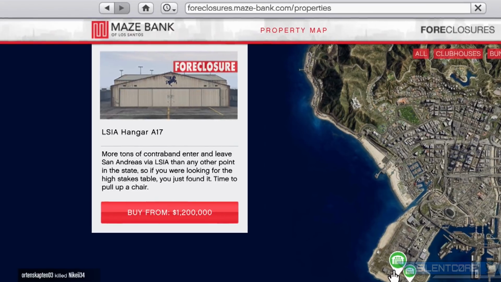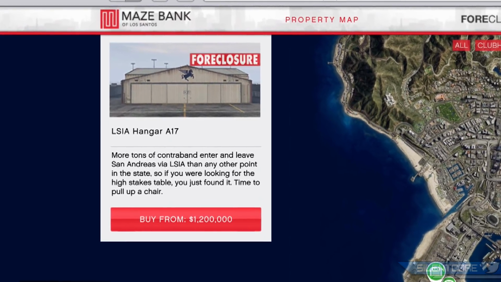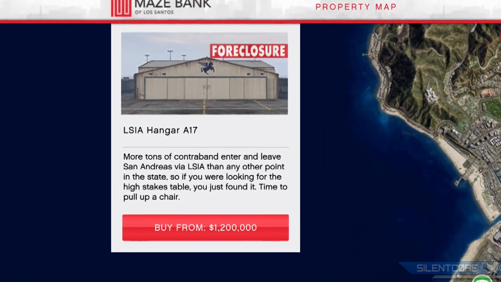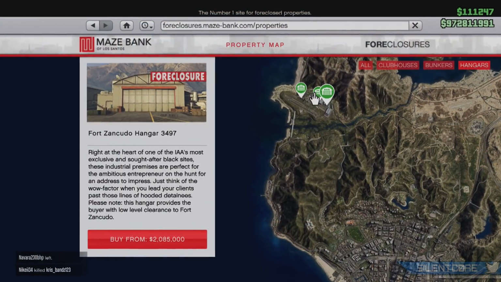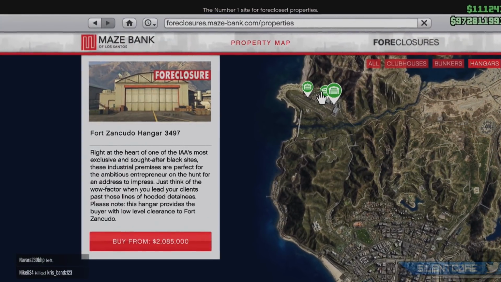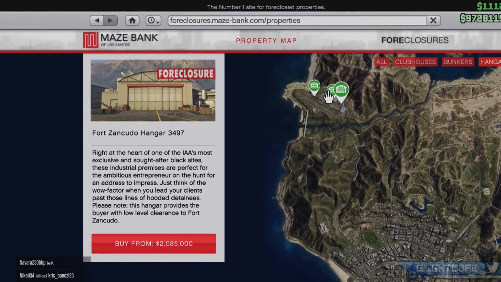Now, if you're watching this and you're completely broke and you just want to get the cheapest hangar option, then the LSIA Hangar A17 costs 1.2 million. That is the cheapest you're going to get. However, if you do invest an extra 800k, you can get the Fort Zancudo Hangar 3497 for just over 2 million. I think it's